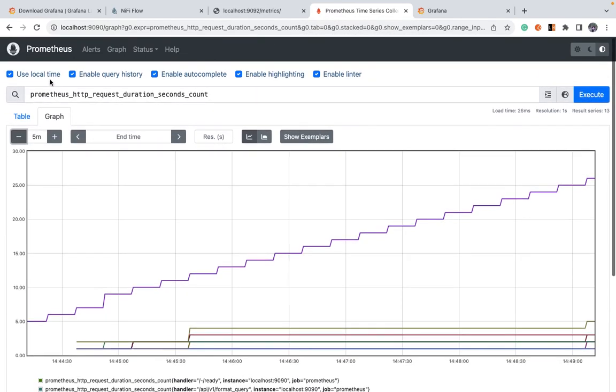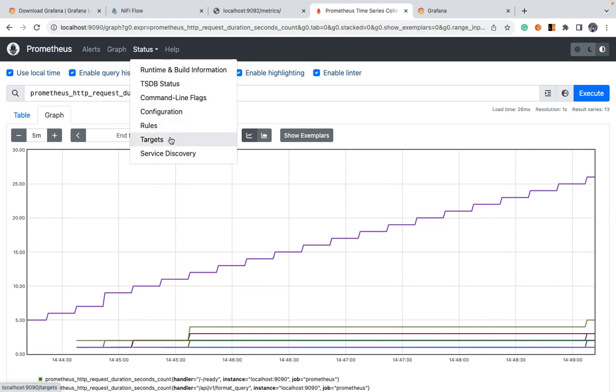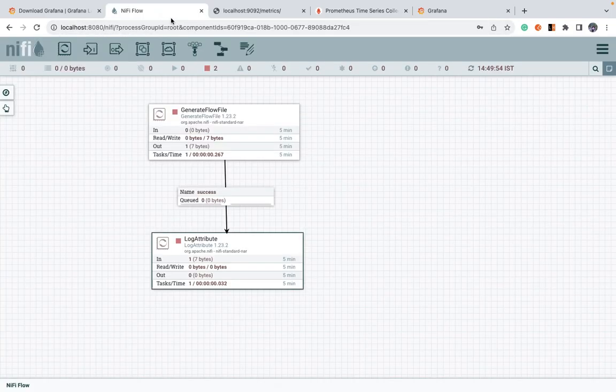Okay, so currently you can see Prometheus related metrics, and the targets from which it is scraping metrics can be seen here. Currently, only the Prometheus server itself is being scraped, and we have to add the NiFi metrics which are being served